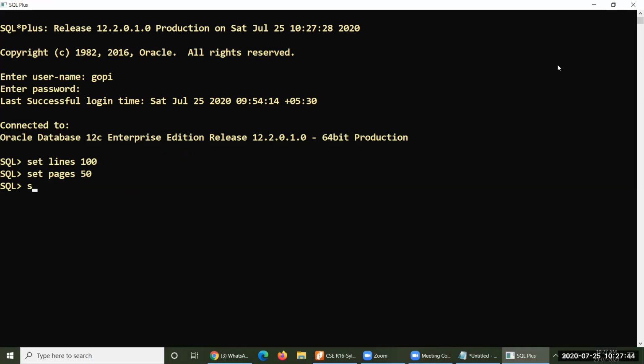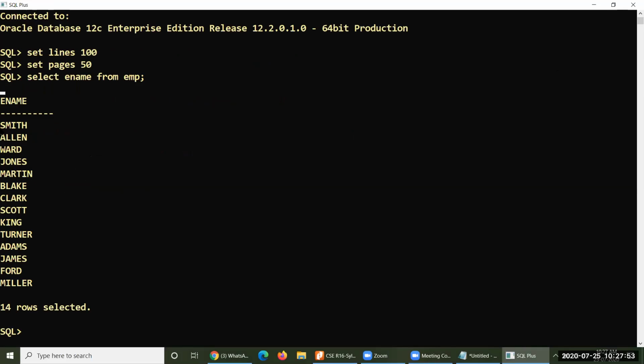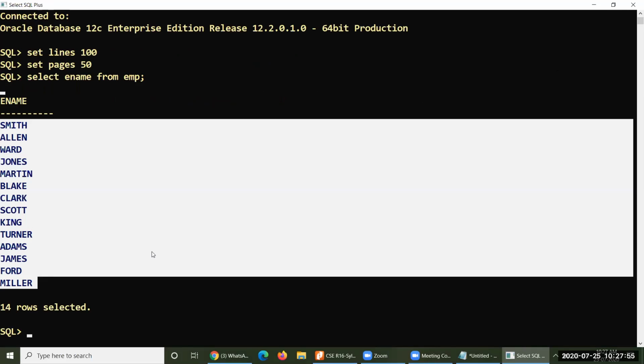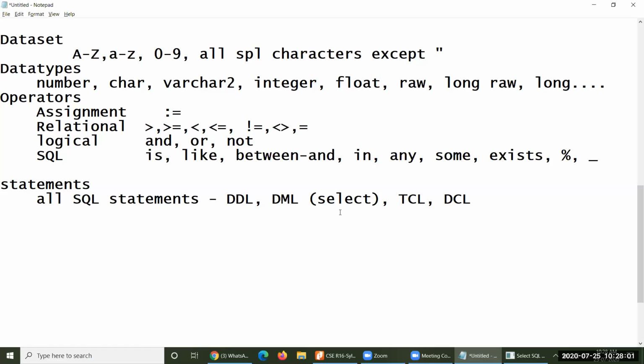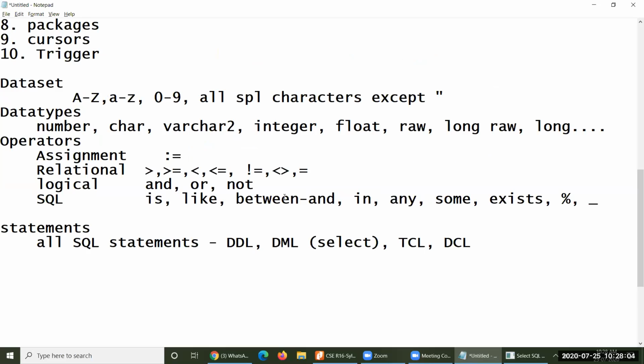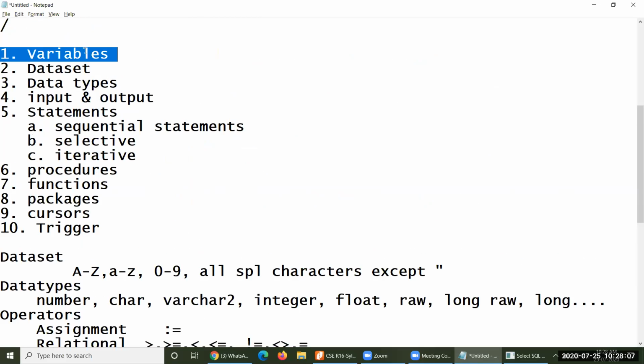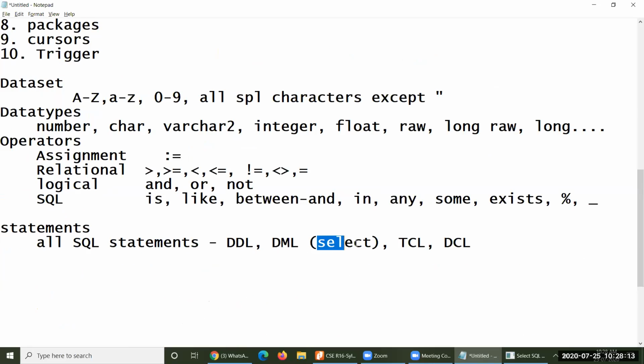Let us consider: if you want to select ename from EMP, if you take this particular query, obviously all this data will be displayed on the screen. But in PL/SQL, that is not possible. There is no such kind of displaying. I mean, the canvas is not available. Instead of displaying on a canvas, you have variables. So we change this particular select syntax. Remaining everything, all DDL, DML, and DCL, will be as it is what we learned in the previous SQL, except select here.